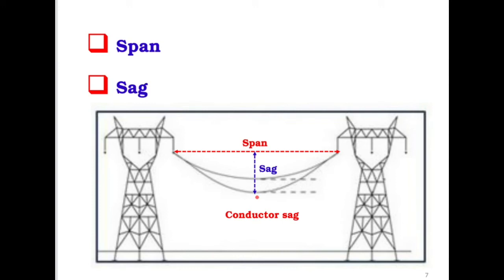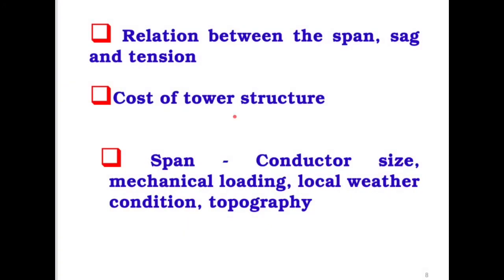So to increase the span, we can reduce the number of tower structures and reduce the cost, but the sag will increase. As the sag increases, what happens? The ground clearance decreases, which becomes dangerous to people. So that is one of the things that comes there. Cost of tower structure can be reduced. We need to go for the trade-off, how much we can afford in terms of reduction of cost for the transmission line tower.